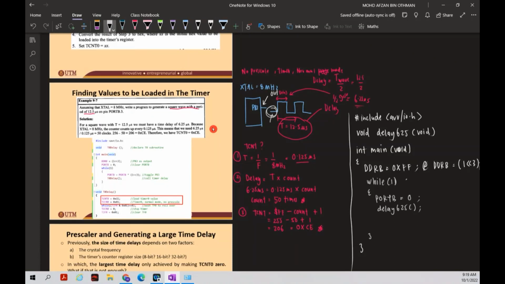Okay, and then this is to produce a logic zero. Okay, then after that, you're going to call again to produce a logic high. So you simply write port B equal to